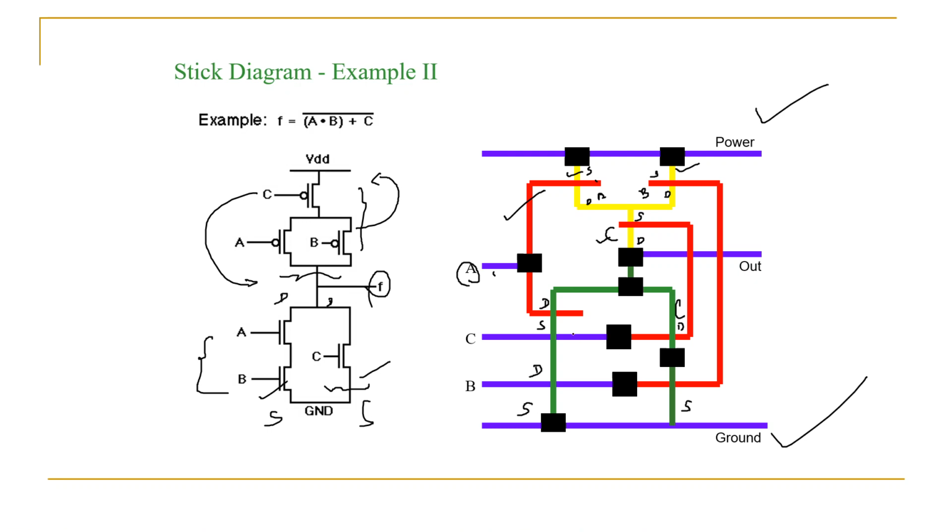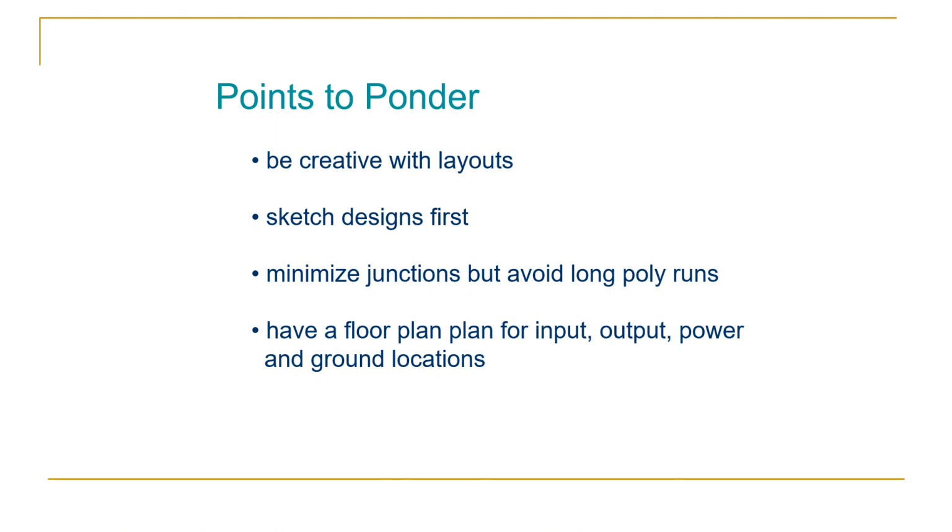Actually, this should be taken here. This line should not be extended up to this part. For convenience it is extended, but it is not necessary to pass through this A and B gate. It should not pass through this A and B gate. You can mark the C here also. From the drain side of the N MOSFET and P MOSFET, we are taking our output. This is a basic stick diagram for your realizations.